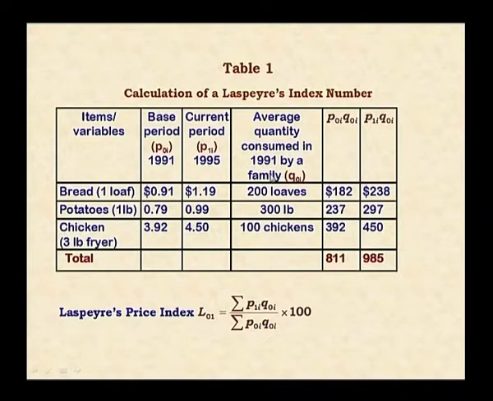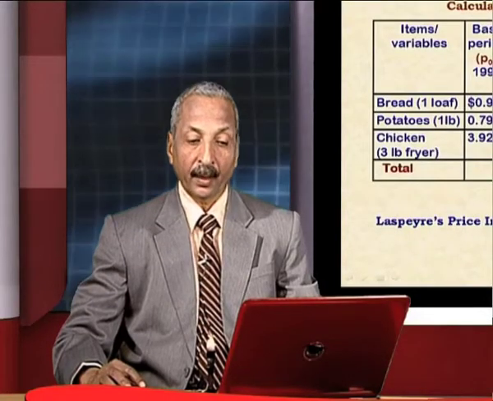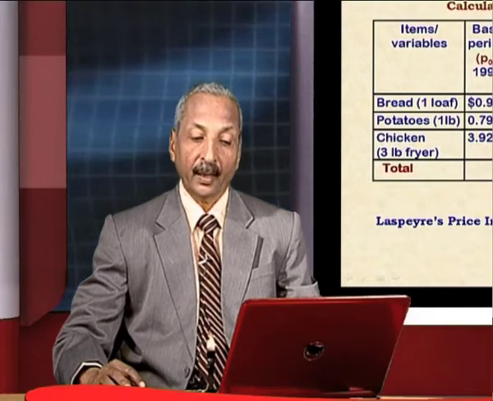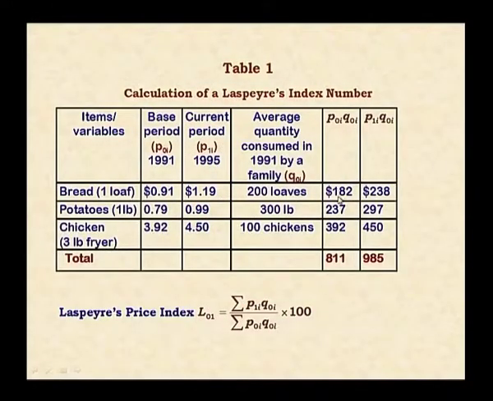Now, here the weight is taken as the average quantity consumed in 1991 by a family. That is my Q0i's. That is, for the bread, this weight is 200 loaves, as so many loaves are consumed by a family in a year. And like potatoes, the value of Q0 is 300, and for the third item it is 100. And then we find out the product of P0i, Q0i for each item, and this is how we complete this